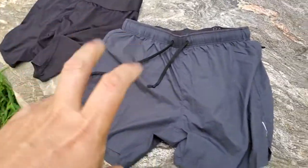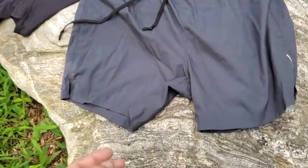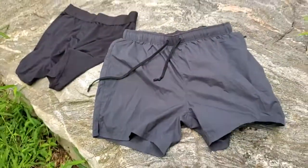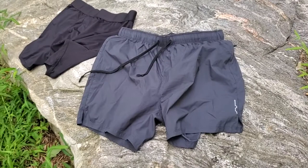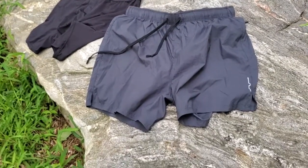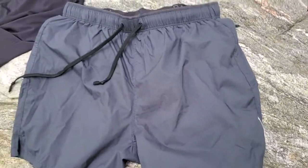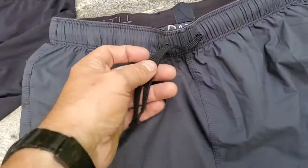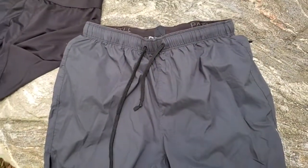The main short, the outer short, is this grayer coloured part, and it's an incredibly lightweight fabric, and I mean really lightweight fabric. If you're out in the heat in the summer and with high humidity and it's horribly hot and damp, these are a fantastic pair of shorts to have on because they wick so well and they feel so lightweight. They have obviously an elasticated waist, obviously a bit that you tie up here,